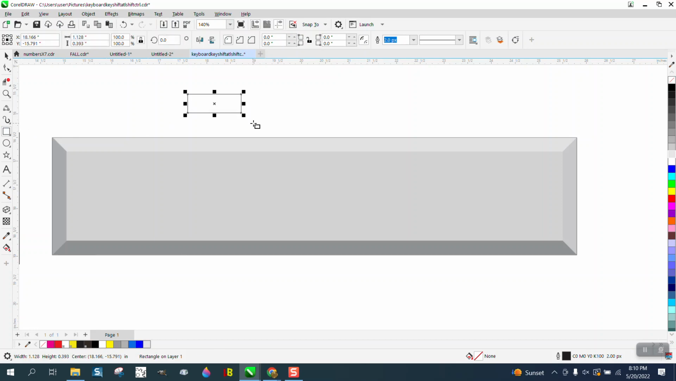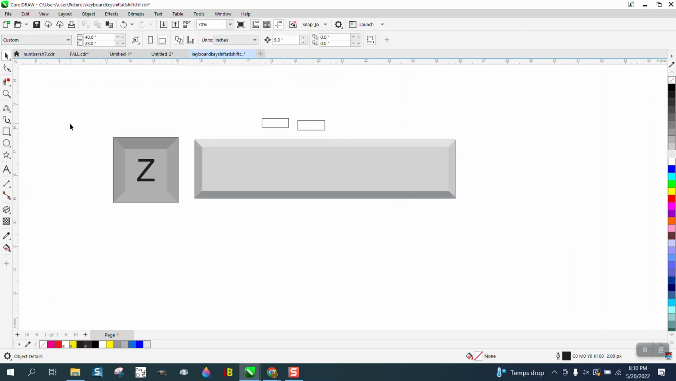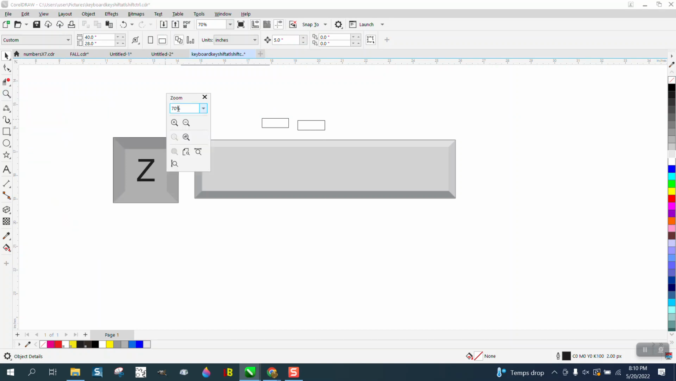If you draw a rectangle and hit the space bar, you get the pick tool. If you hit the space bar again, you've got the rectangle tool. In his other suggestion, if you go to the magnifying or the zoom tool and right click on here, you can go down to zoom. It'll bring up a floating zoom window. Everything is up here,